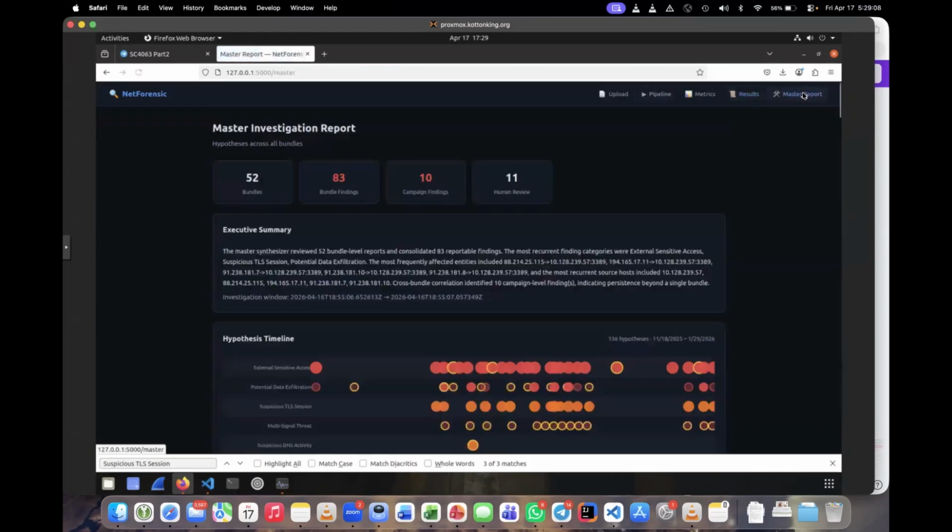So finally, we move on to the master report, which aggregates everything across all the bundles. This gives us a global overview of the investigation. The executive summary that the system generates describes what has happened across the whole network, and this is useful for